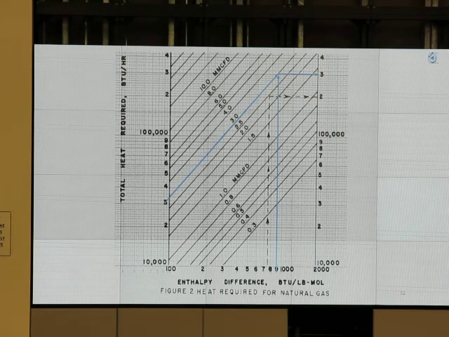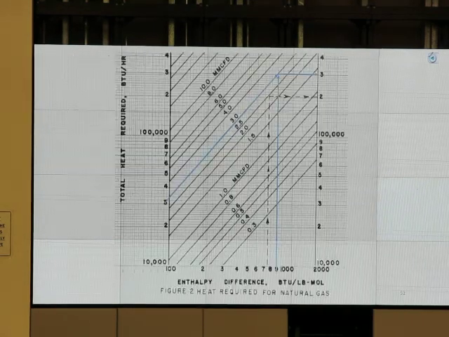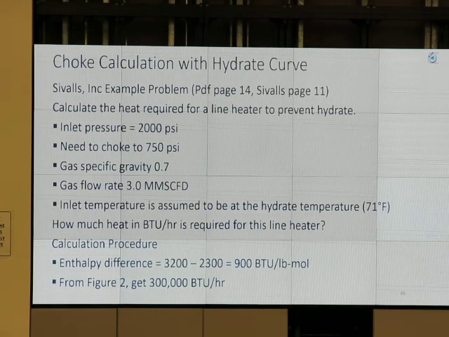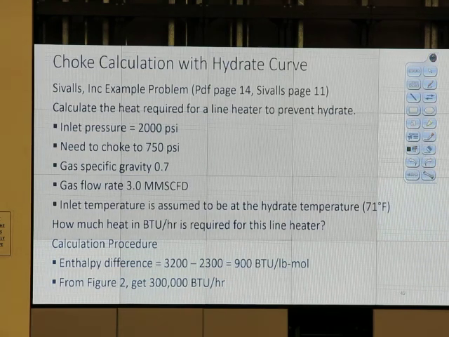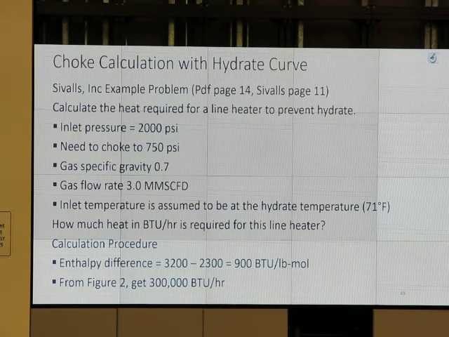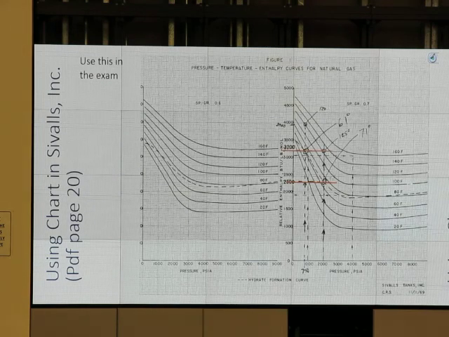Those are two methods, if you remember: you can use the chart or do the calculation. And this question is, inlet pressure is 2000, so on another page it's just a typo. So inlet pressure 2000, we need to choke to 750. We did it already together, and before the choke we have to heat until 125, and flow across the choke is